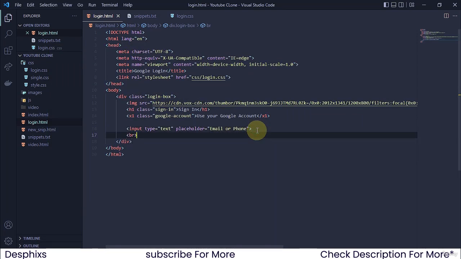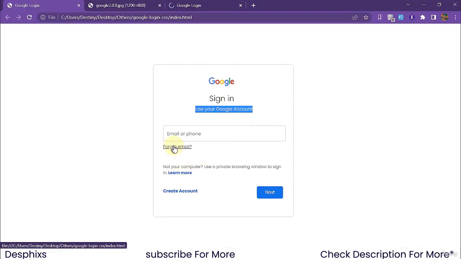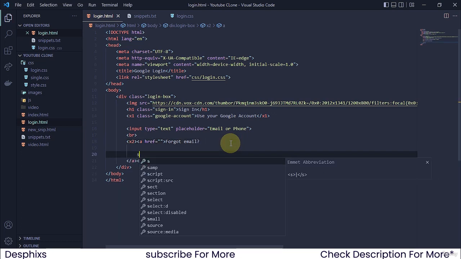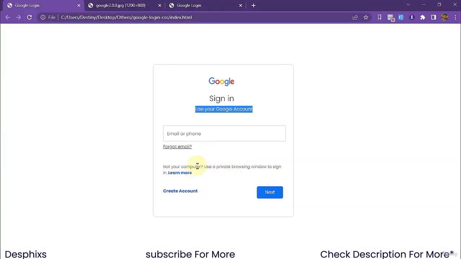Now we need a BR tag over here just like that, and we want to add an x2 tag. In this x2 I'm going to create an a tag, and in this a tag I'm simply going to pass in forgot email. So let's say someone has forgotten their email, that's what we're going to do. After that we want to create a small tag, and the small tag is simply going to have a class of learn more, and in here we're simply going to pass in this text over here,